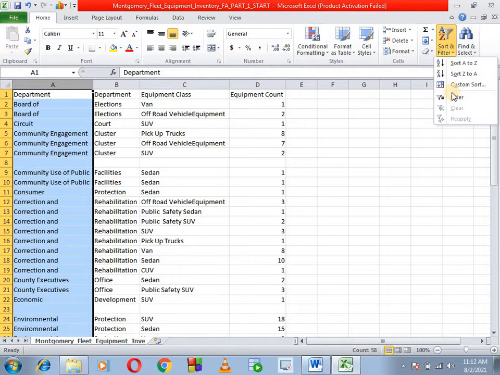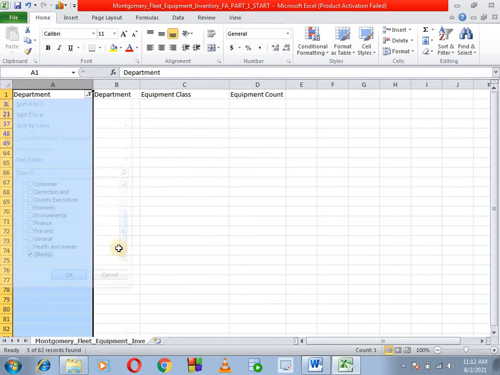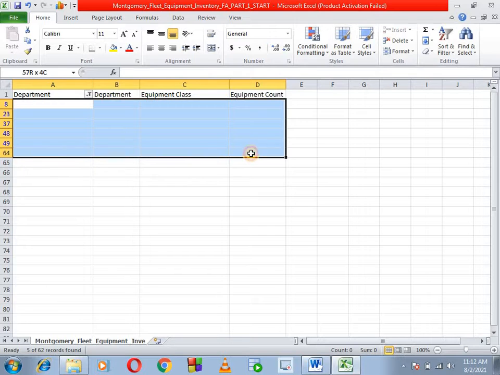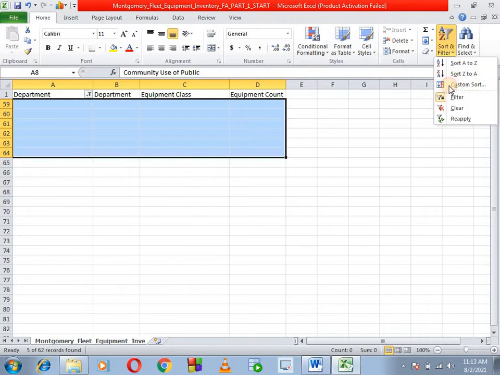The next one is to find the empty rows. One shortcut method is using the filter to find the blanks. The blue colors are the empty rows. So we select these and delete the rows, and then remove the filter again.